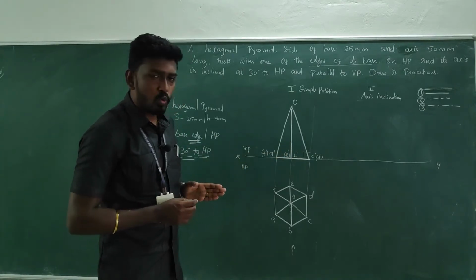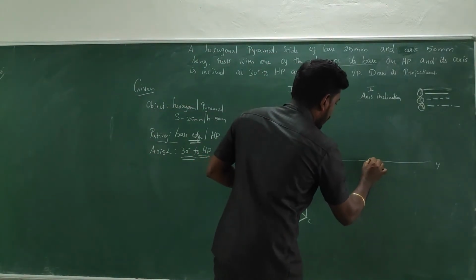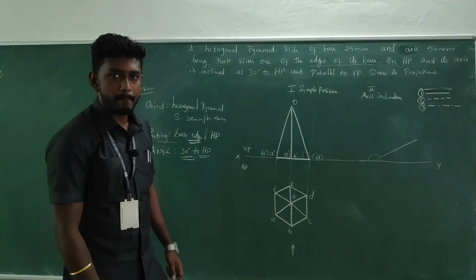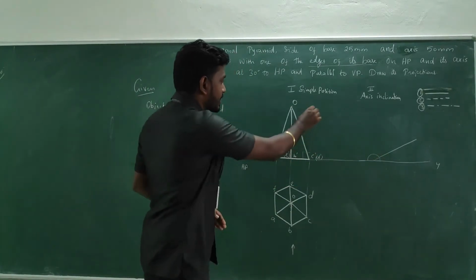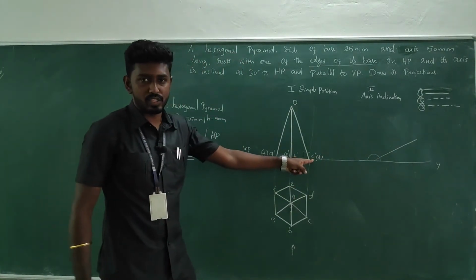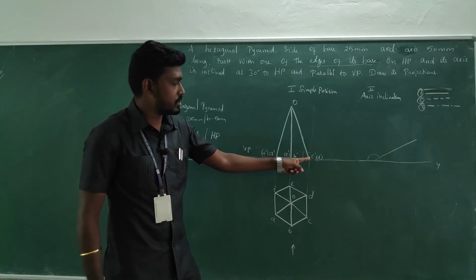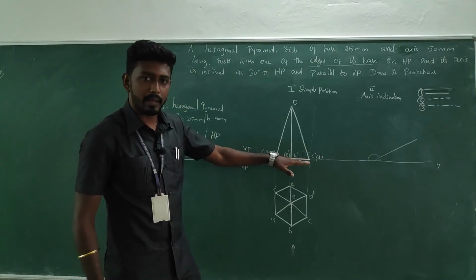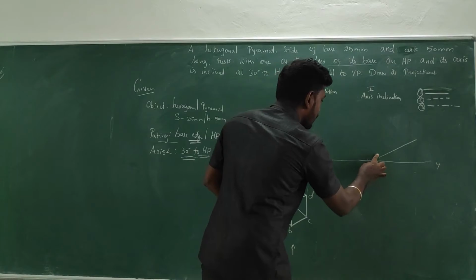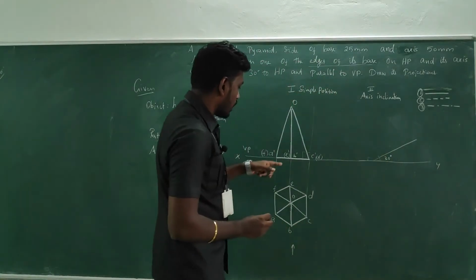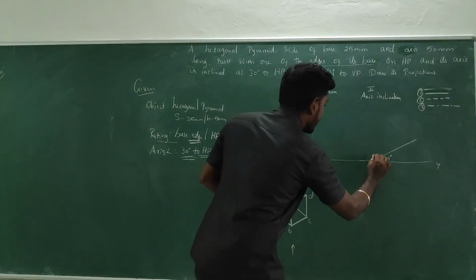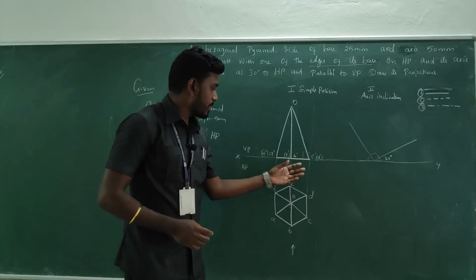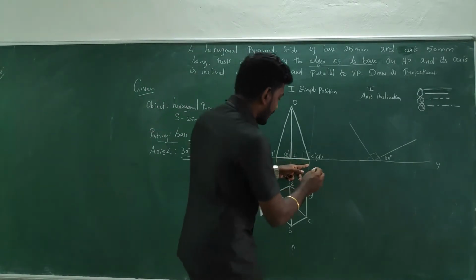So first, by keeping a point on the HP line, measure 30 degrees with your protractor and draw an inclined line. This inclined line is nothing but the imaginary line which I have considered at C. And the base is making 90 degrees with the imaginary line. So with that knowledge, I have the inclined line. Now I am going to draw a 90 degree line, something like this, so that I will get the baseline. So this is the baseline.